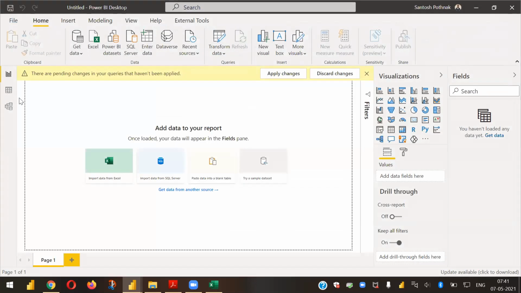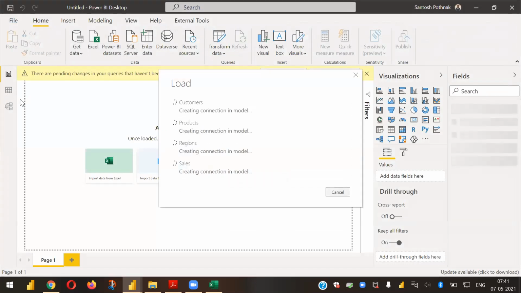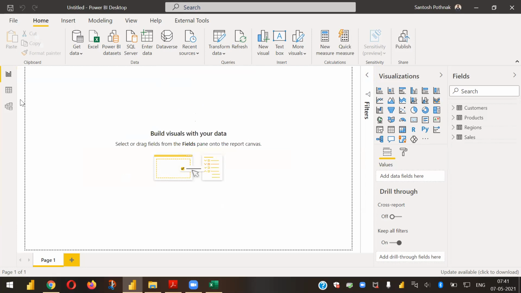A pop-up comes up which says it loads data for those tables, and it also creates some connections in the model by default by detecting some relationships automatically. As you can see on the right side, whatever changes you have made, if you have added a new column or deleted some column, those changes have been applied already, committed to our Power BI Desktop, and created as a table.